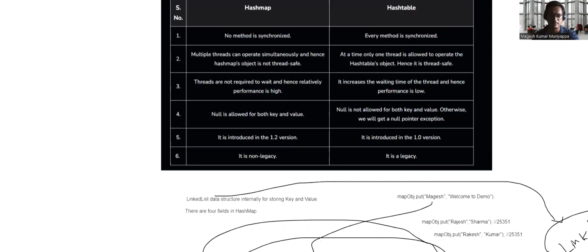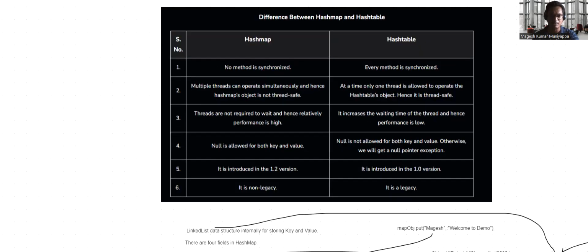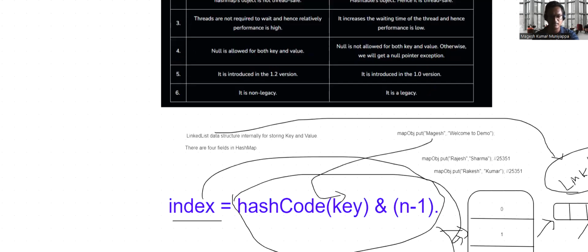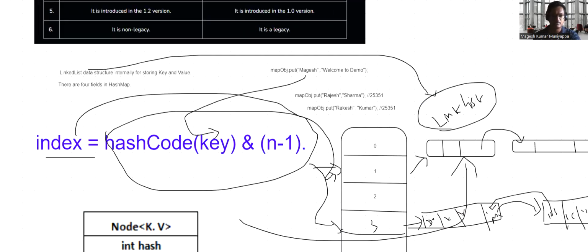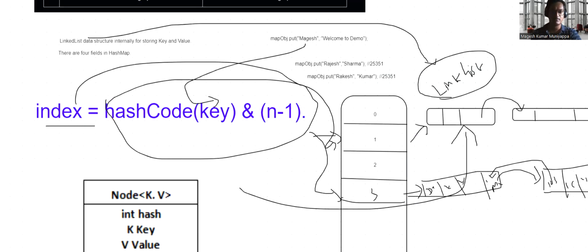So these are the very high-level key points when anyone asks you the difference between HashMap and HashTable. Next, I want to give you a little bit of the internal implementation, how it stores the data in the data